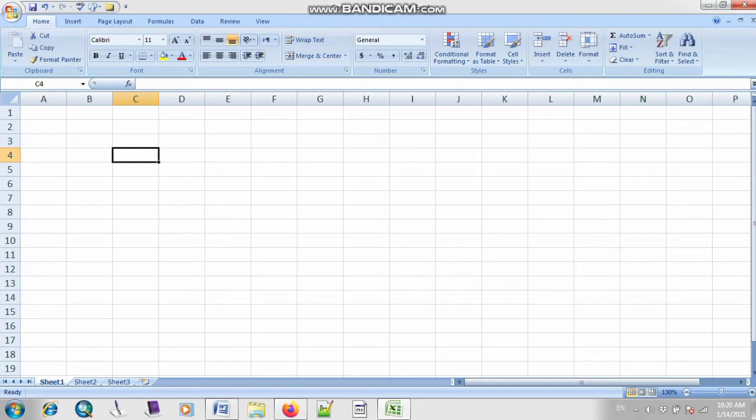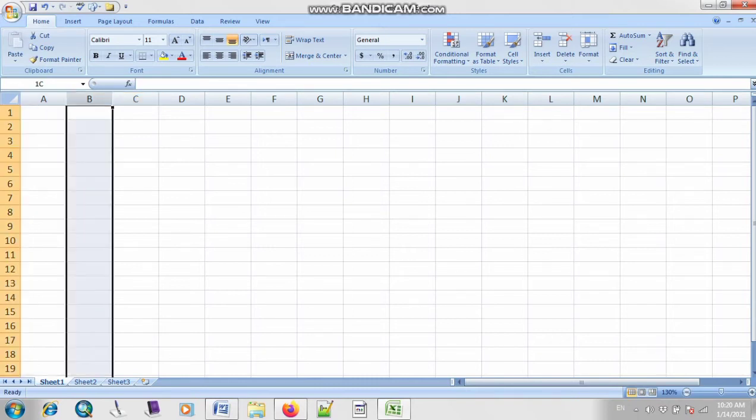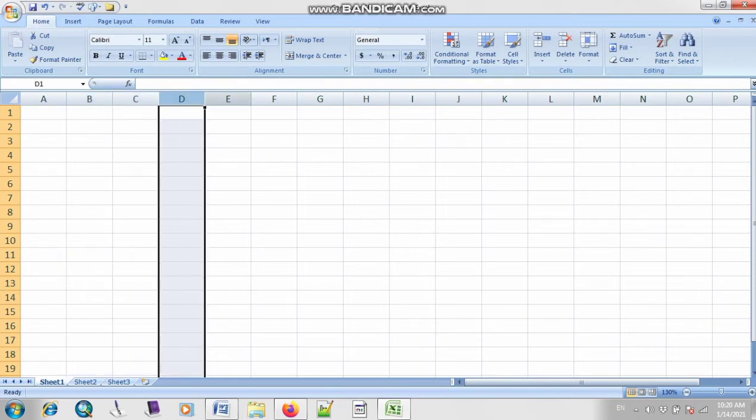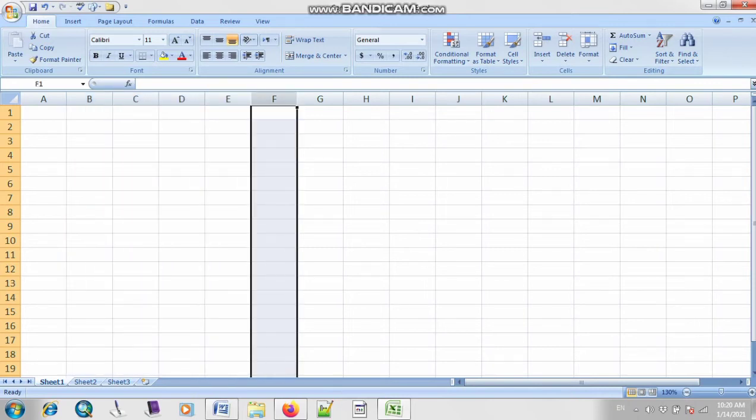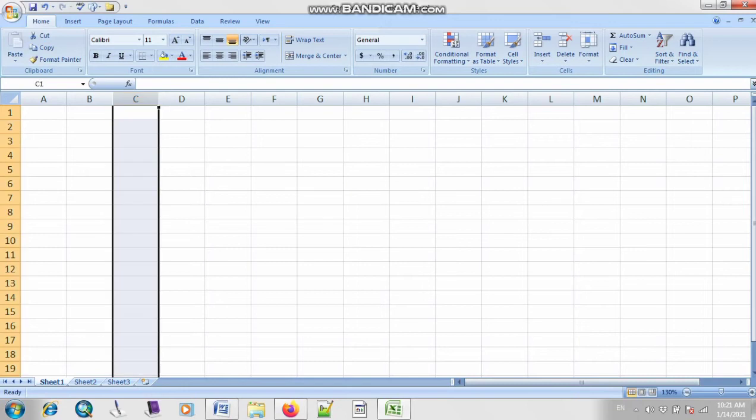So for entering data, there are some terms that we should remember. First of all, as you can see here, some letters A, B, C, D, E, F, etc. These are known as your columns, because all these lines are vertical.